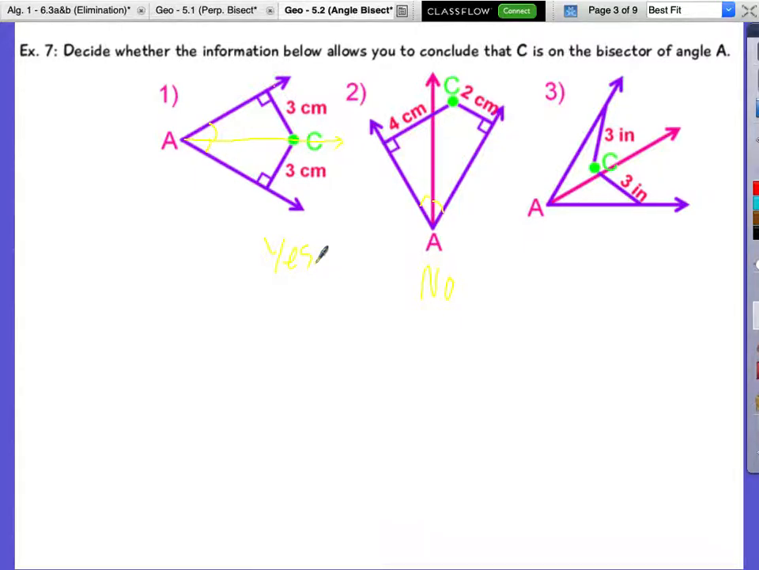On this one, is this equidistant from the two sides? Yes. But how do we measure the distance? It says it's already 3 inches. But how do we measure the distance on these two? Where it's perpendicular to the side of the angle. Is this perpendicular to the side of the angle? No. So even though they show 3 inches and 3 inches, these could be at different angles, and they actually do appear to be at different angles. So because they're not both perpendicular,